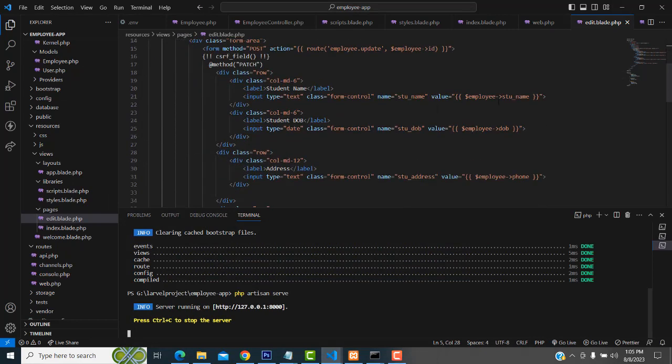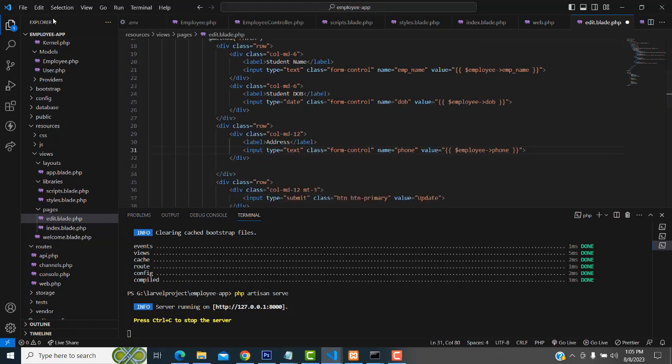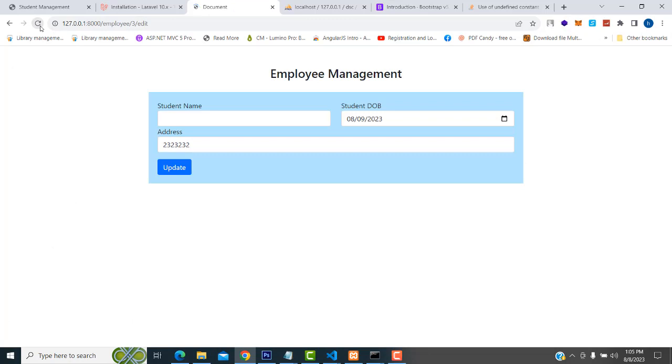Here this name is not the employee name. This one should be the employee name, EMP name. So EMP name, DOB, form. Then only the data should be added, right? Now file save all and check it back. The record is coming successfully. Now if you change the data and click the update button,